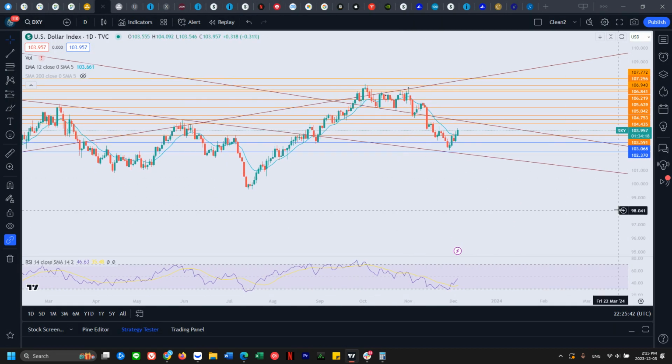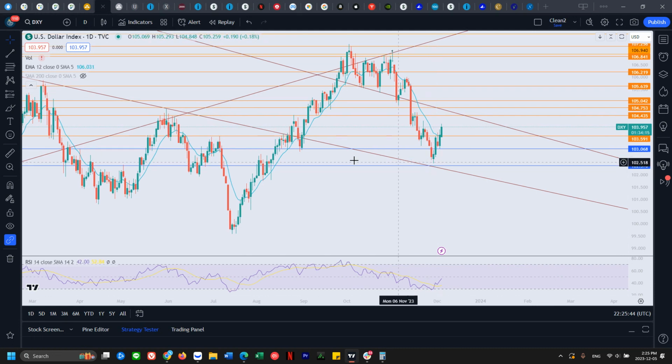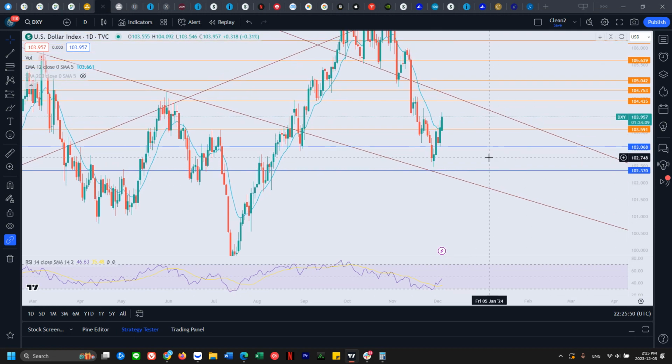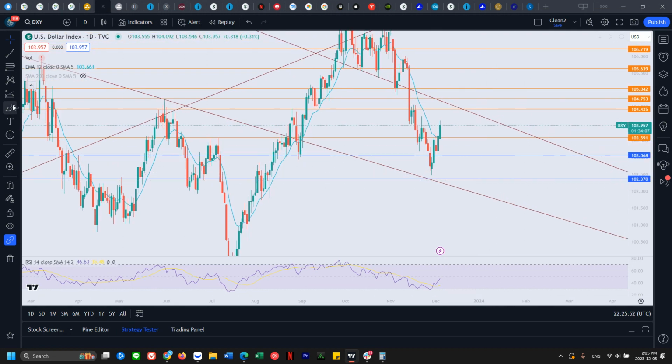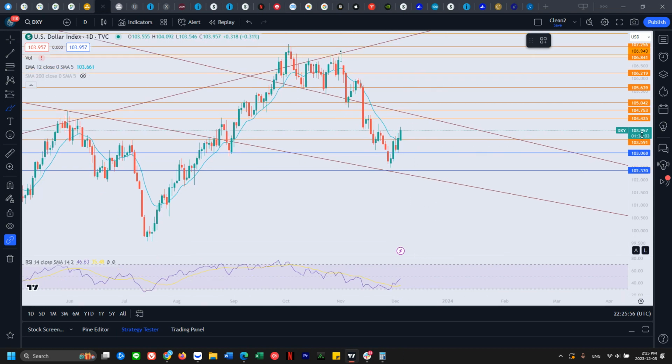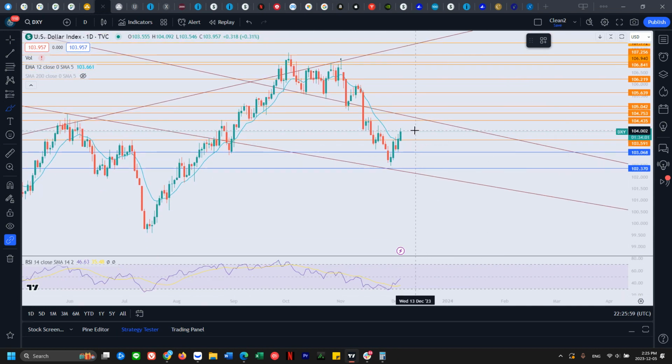Dollar. So it doesn't make sense. US dollar has been bouncing. So the US dollar and metals are inversely correlated. So it's a pretty big bounce for the US dollar. So gold also is a little bit weaker because of that. And for the first time, we have broken above the 12 EMA. So that is notable to me for the US dollar. So we may see a little bit more weakness from